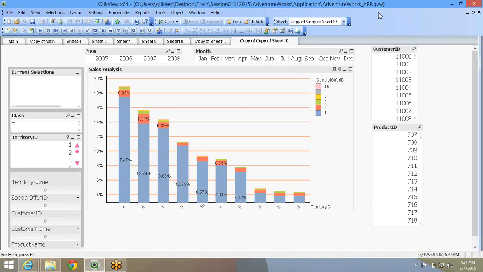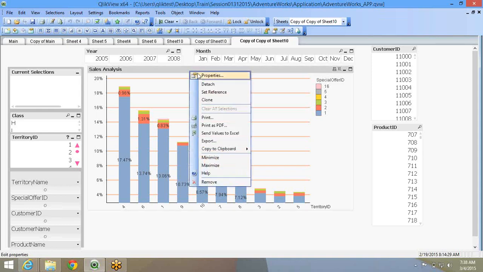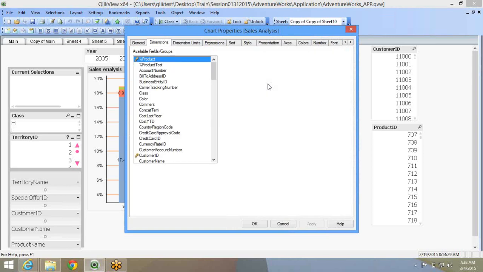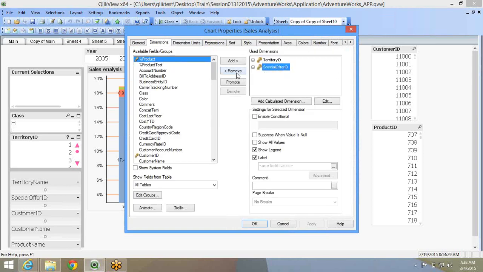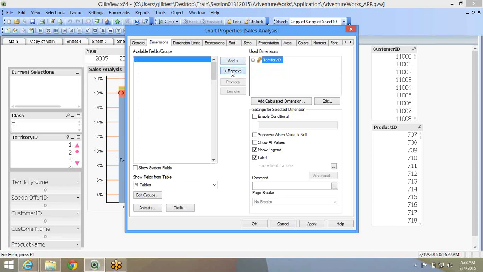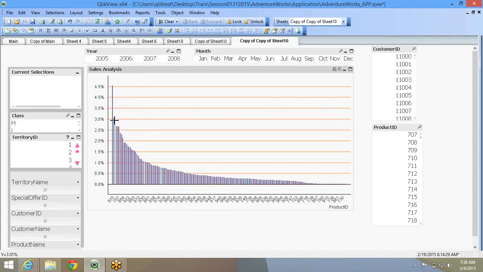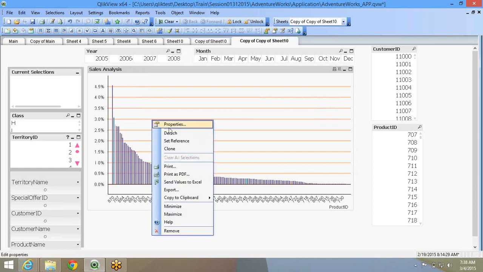All right. So in continuation to our last session, we were looking at the bar chart. We saw a couple of properties of this bar chart, like how you create this stack, and when you have two dimensions or two expressions, the stacks take over. Now suppose I take off these two dimensions and just go with one dimension, product ID. I've applied allow thin bars, so a lot of product IDs means all the thin bars are created.